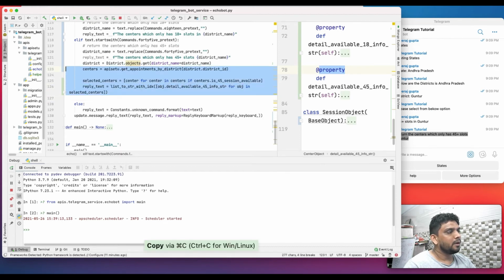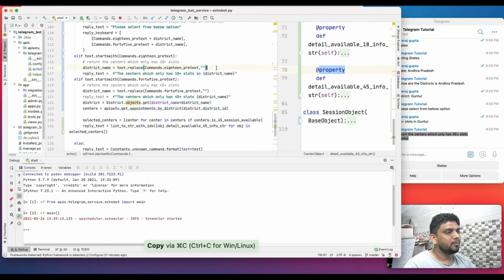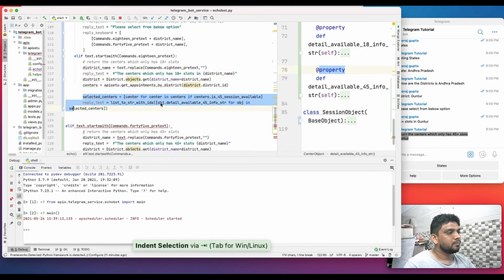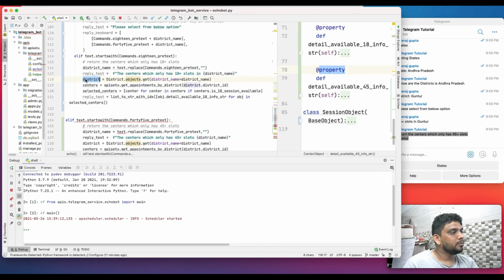The same way I can do it in my 18 plus slot. Over there I am going to use is 18 plus session available. If yes, I am going to change it to this one. So here what I am doing is I am getting a district. Let's comment this out.